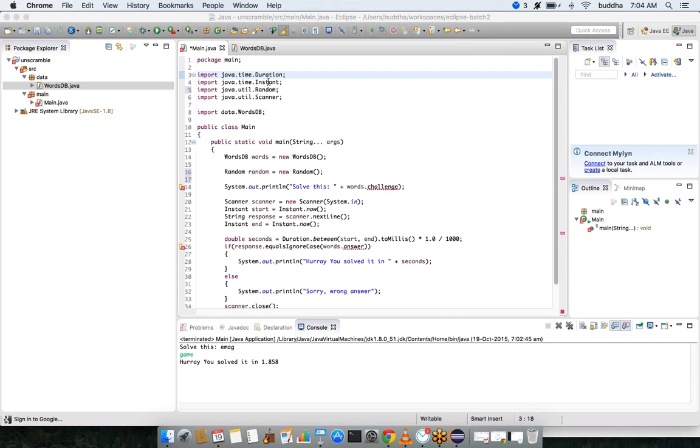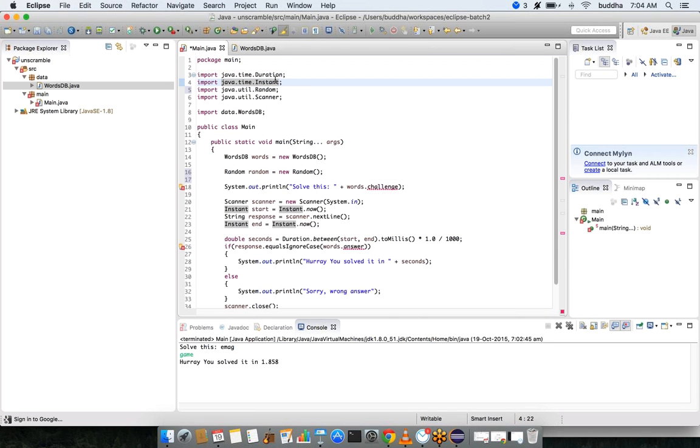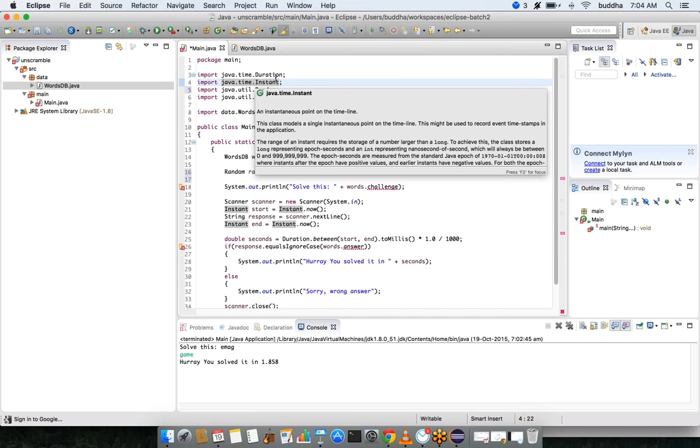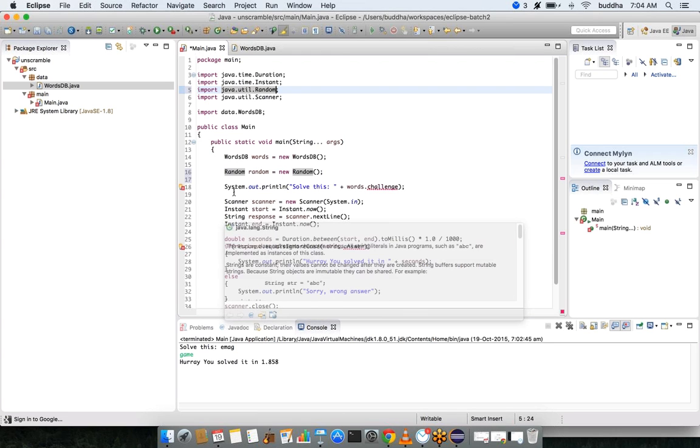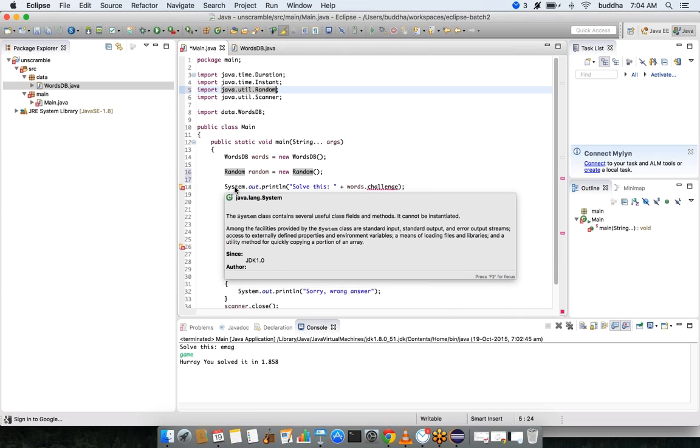Java has kept all the related things in a single package. Like there are things where we wanted to calculate times, durations, differences between times, etc. They have all been kept in the java.time package. Whereas other utilities that we can use in programs very frequently are kept in the java.util package. Even String is in a package, which is the java.lang package. When we say System.out.println, that is also in the java.lang package.